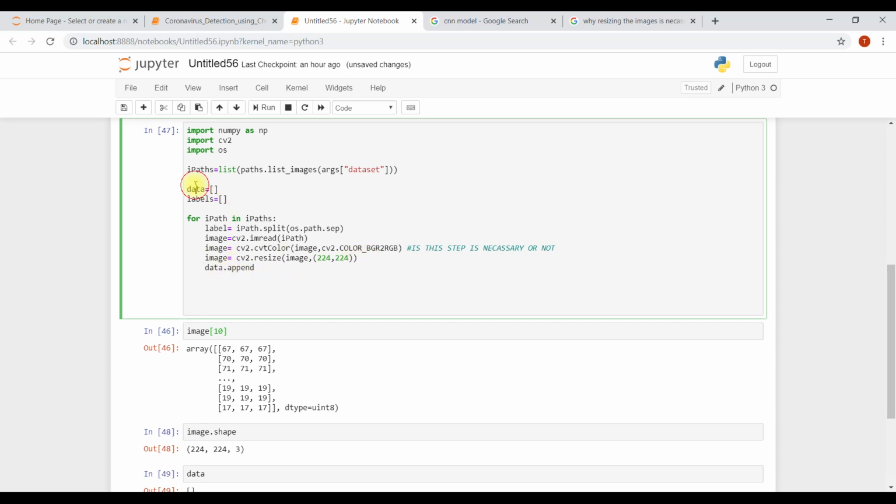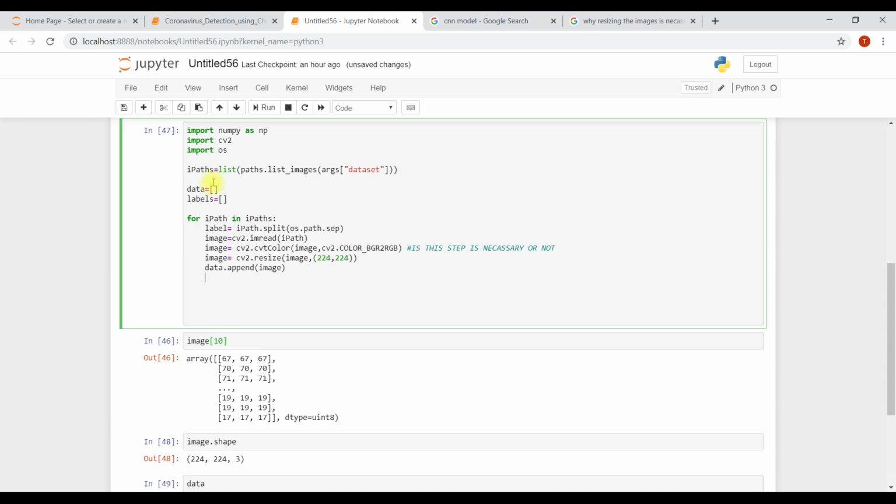This list is going to be appended with image, meaning all the images in that path which have already been converted into arrays, had their color order converted, and been resized. All the images are going to get stored here. We are appending every image, and labels.append with the label.